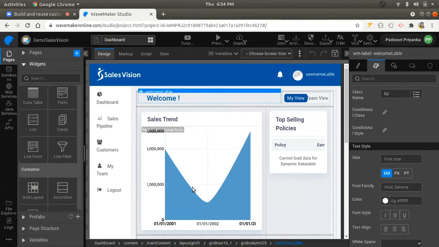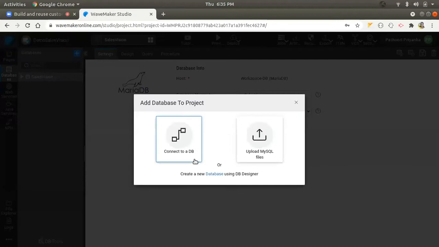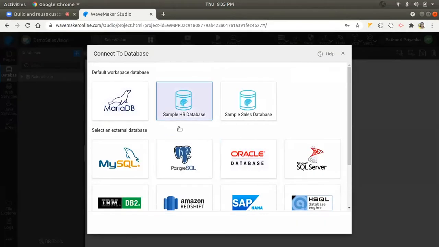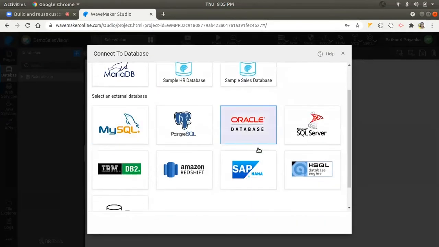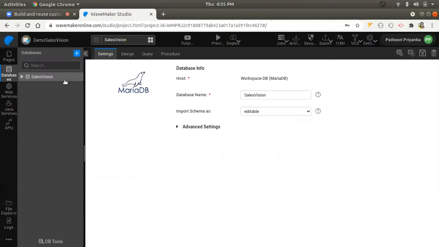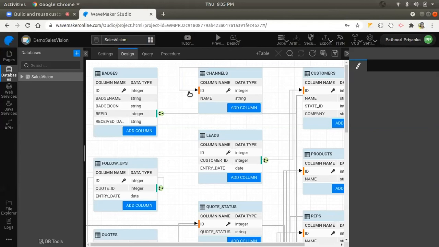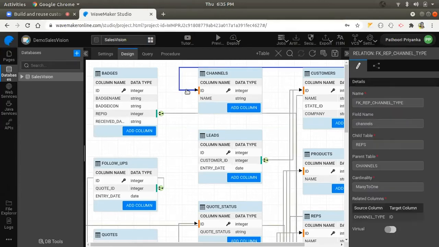Now let's see the services provided by the platform, like databases. So you can create your own database from this link. If you have any external database, you can import them from this dialog. As you can see, the platform supports all types of relational databases like Postgres, Oracle, SQL Server, etc. So once you import the database, the platform detects the metadata and represents the data in the ER diagram format by detecting all the constraints and relations configured on the entities.